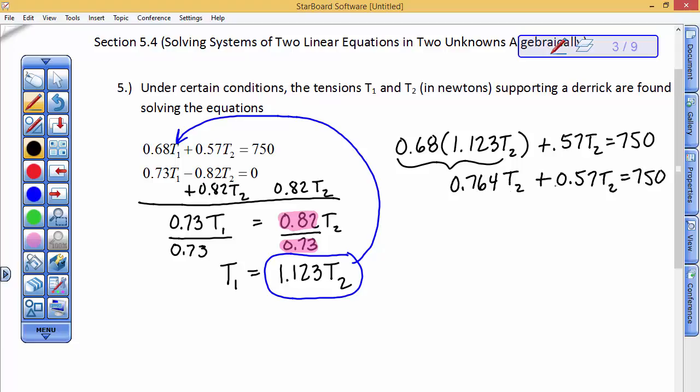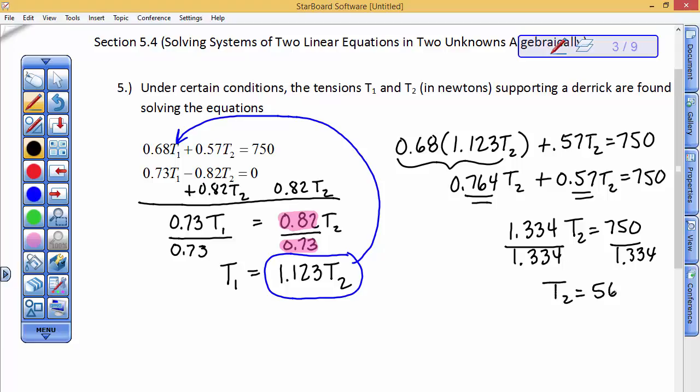So this decimal number and this decimal number add up to be about 1.334. I don't know why I have an 8 in my notes, but it probably should be a 4 based on how I rounded this off right here. So plus 0.57, I'm just going to check. Yeah, 1.334 T sub 2, and then that equals the 750. So now I divide both sides by 1.334, the full value, and so I get T sub 2 equals